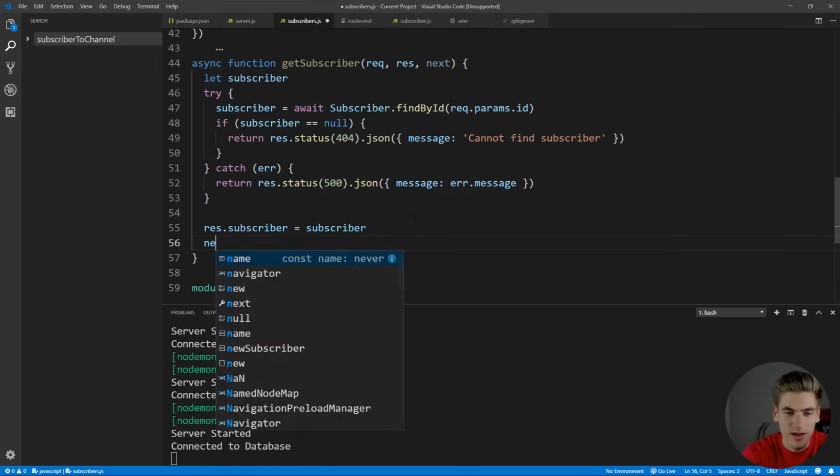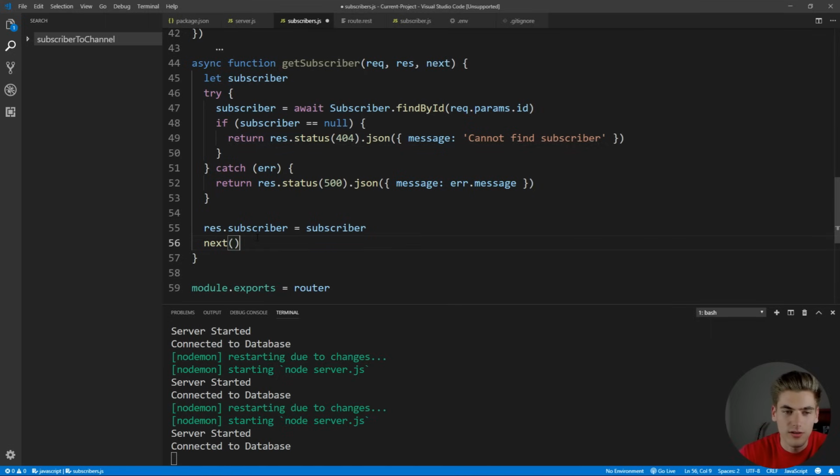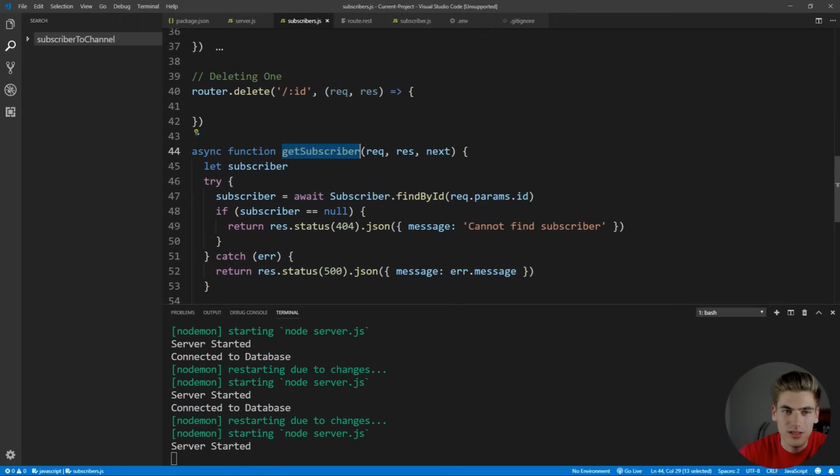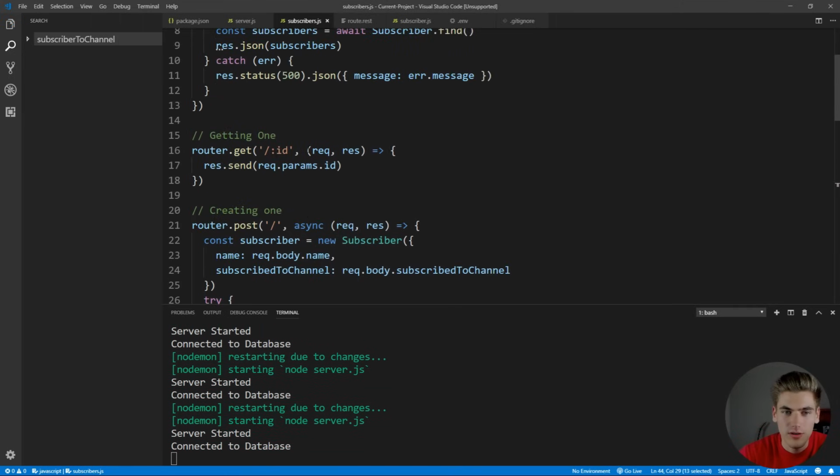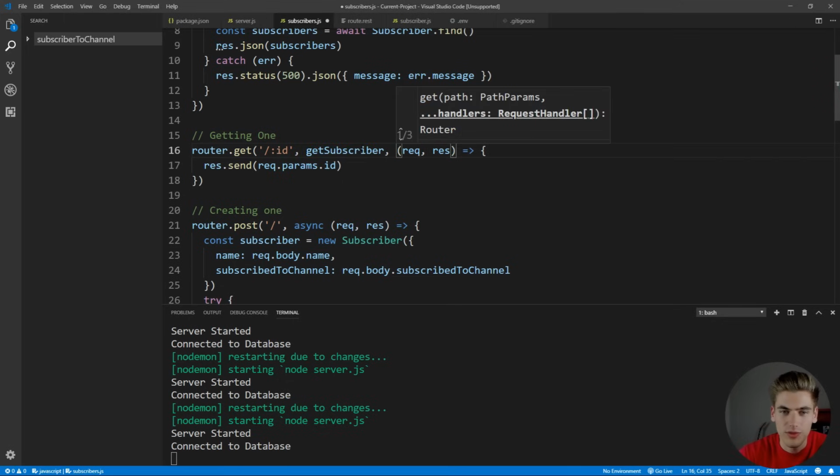And then lastly, that next function we want to call all the way down here because we successfully completed this entire getSubscriber function. So next will allow us to move on to the next piece of middleware or the actual request itself. So now let's use that getSubscriber middleware. We'll go up here and all you do is put it before your actual function. You don't actually call it, you just put the name of that function right there, and that'll be your entire middleware set up. Now inside of here, we can say that we want to send the request